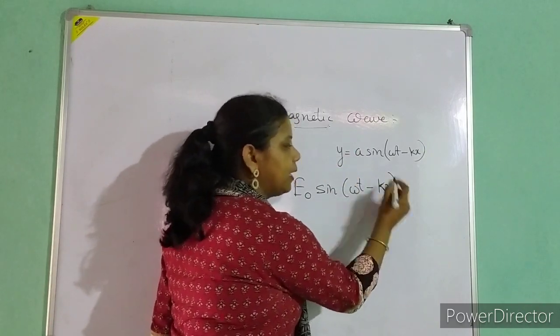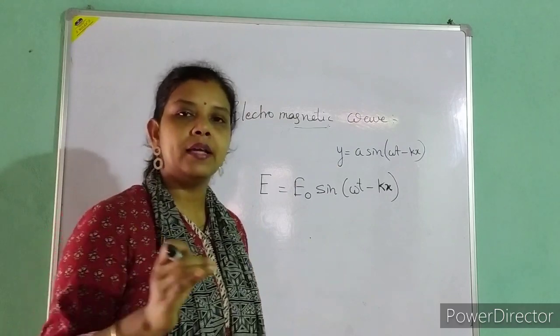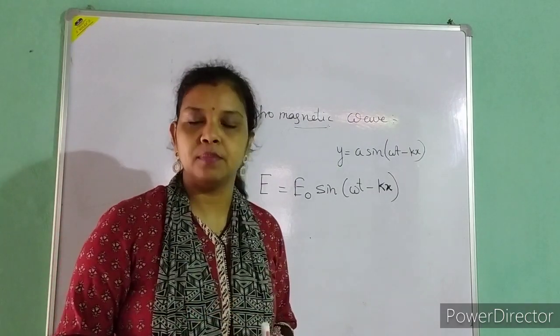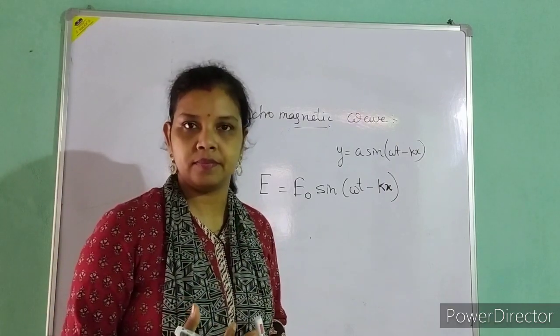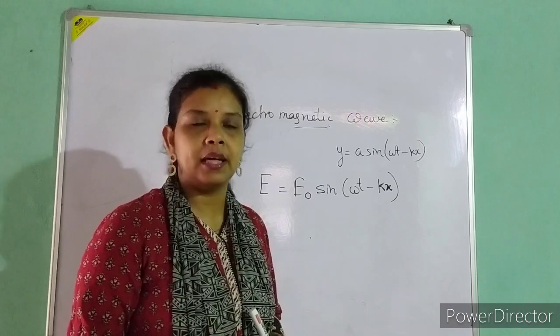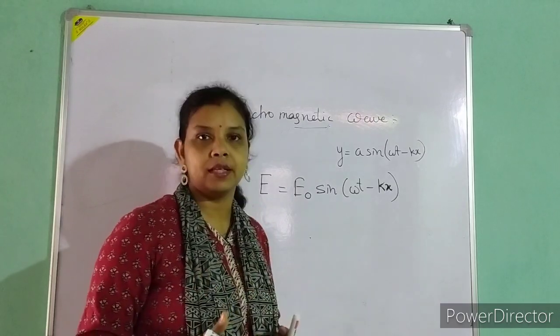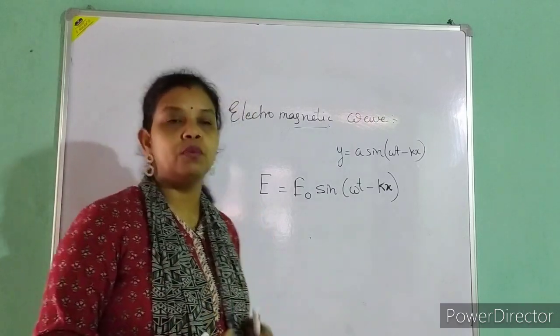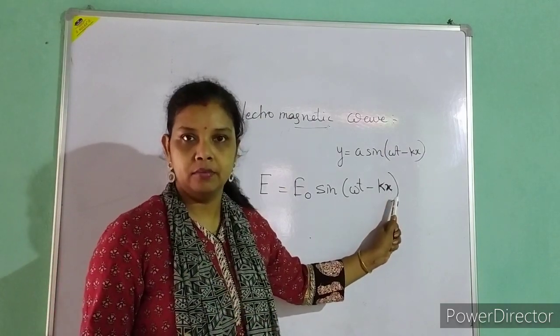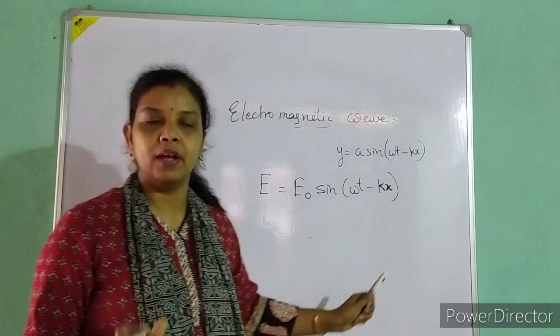Now you see here, in this particular expression, k is the propagation constant. Whatever we write, we can write x, y, z. If I write x, it means that the wave is propagating along the x-axis. If I have written y, then it is moving along the y-axis, and if I have written z, it will be along the z-axis. So the direction of propagation will be given by this term, with k, whatever we multiply, that is x, y, z.